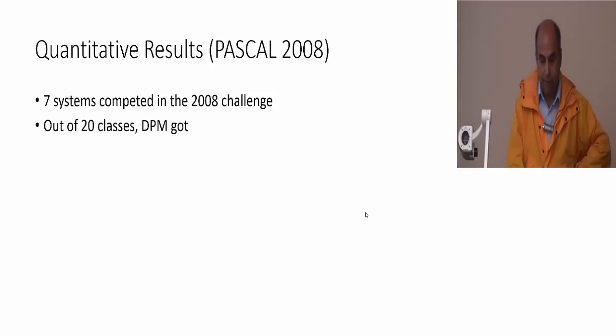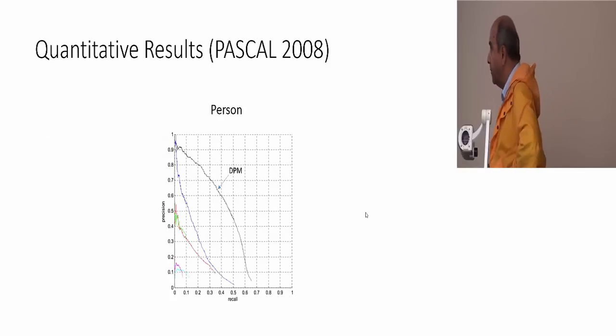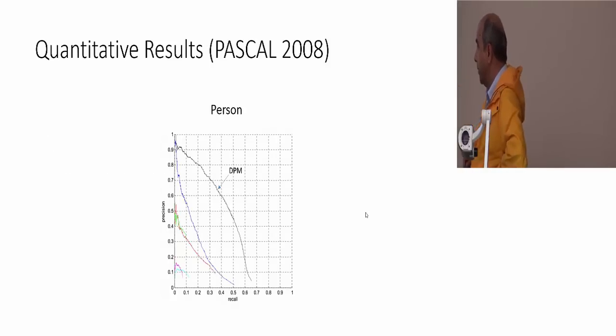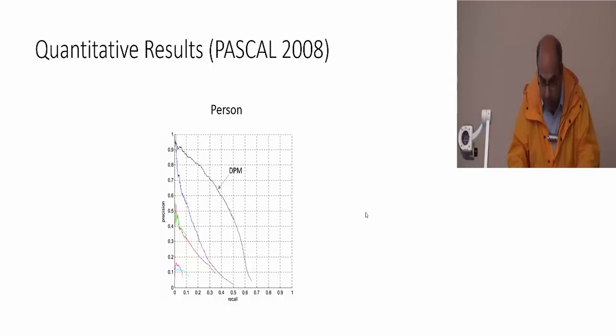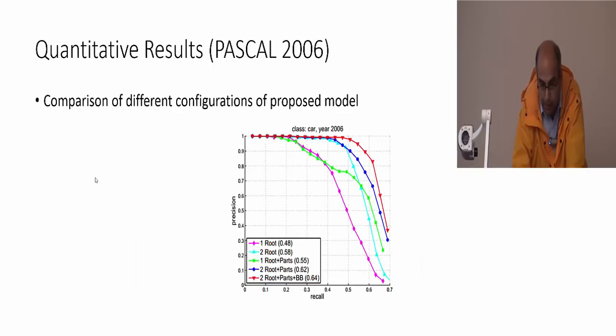challenge, and out of 20 classes, DPM got first place in 7 classes and second place in 8. And these are the curves. So that is the DPM for the person, and these are the other methods. This is for the bicycle, this is for the bird, and these are the different comparisons. If you use only the root, which is your HOG, which you implemented, which is here, but you put in parts and all those different variations,